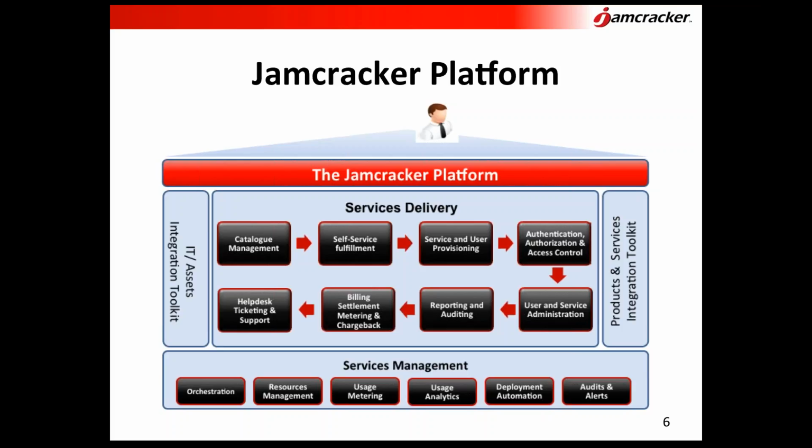So one of the key things that we do in our platform is heavily leverage our roles-based access control authorization types of capabilities so that you can define policies around which user groups should have access to which services, and which services should be automatically provisioned, like email. So a new employee joins the sales group. Now you probably want them to automatically get an account on your Salesforce automation system, whether it's Salesforce or an internal CRM. Just like developers, when they join, you want to provide them with the developer tools and compute services